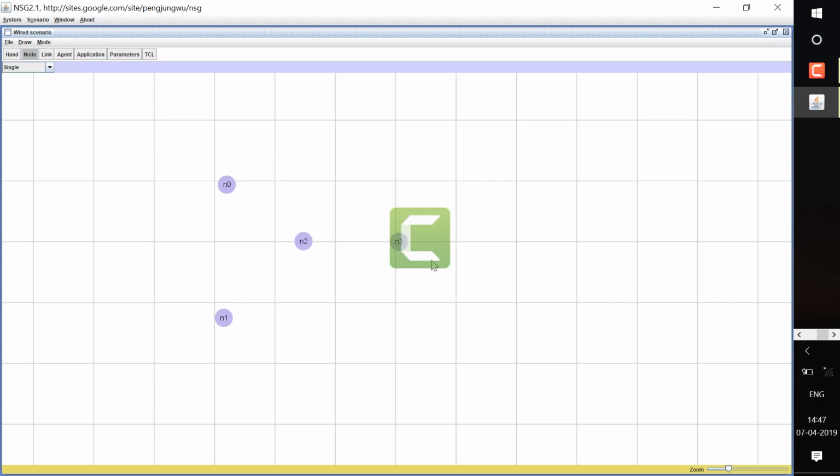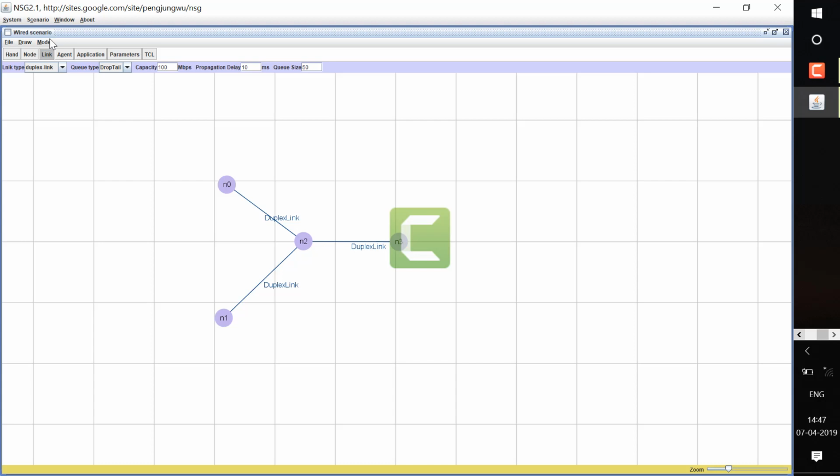These are the 4 nodes that we have created. According to the experiment, we need to use 4 nodes, and we need to connect duplex links. I am going to connect N0 to N2, N1 to N2, and N2 to N3. So in total, 3 links are created between the 4 nodes.